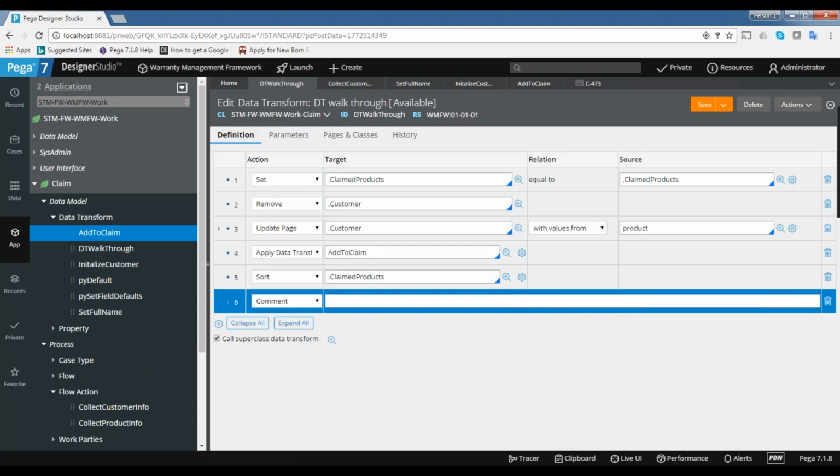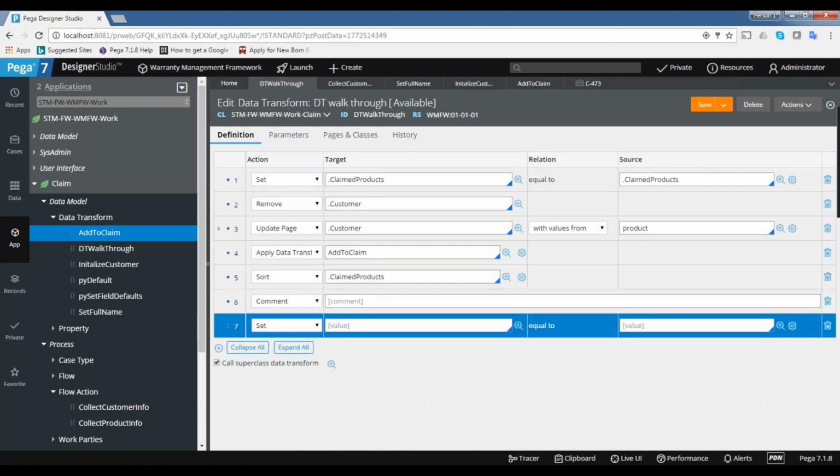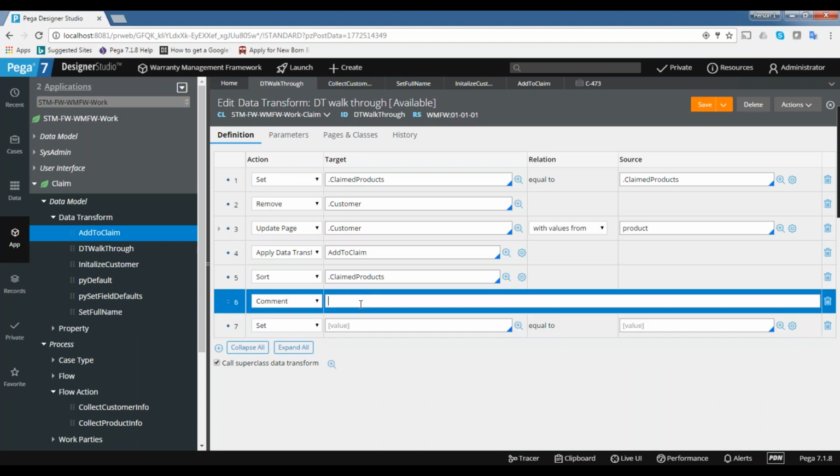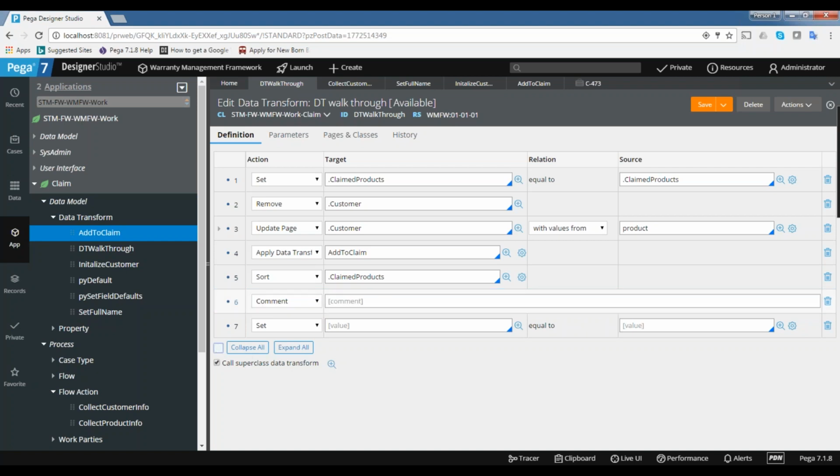And then comment is something, so if you want to provide some comment for the action, you can use comments. The comment actions won't be executed at runtime. It's just like a comment, as the name indicates. Comment will be useful to just give some proper description for the action you are doing below. So if the logic is complex and you want to explain, if you want to give some description, you can give a comment.